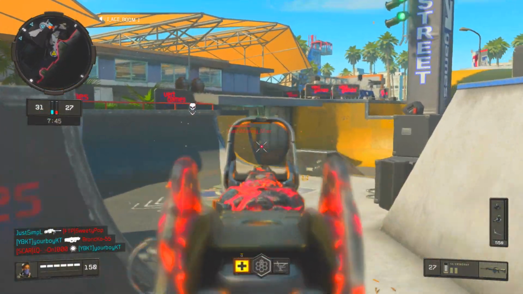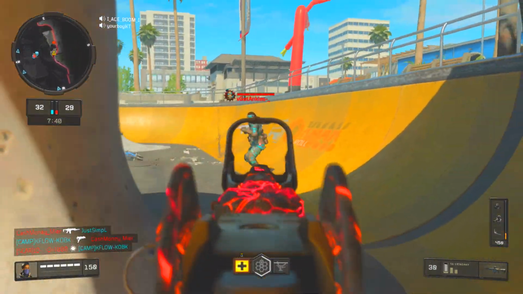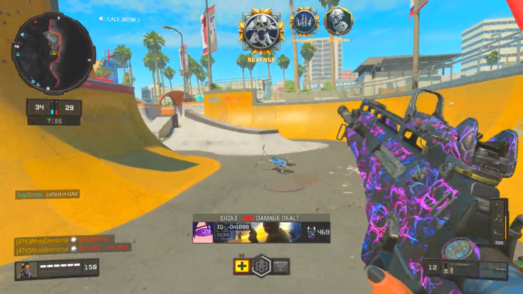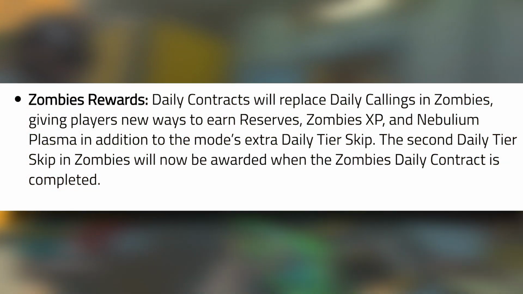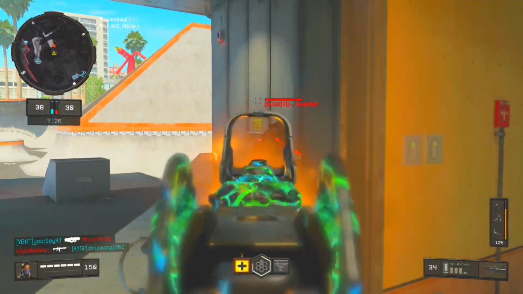I'm not exactly sure why they felt the need to boast about that, but hey, nothing is changing with reserve cases and tier skips there, so that's a thing, I guess. It should also be noted that in zombies specifically, daily contracts are now going to replace the daily callings, and that second daily tier skip that is offered in zombies exclusively will now be awarded when the zombies daily contract